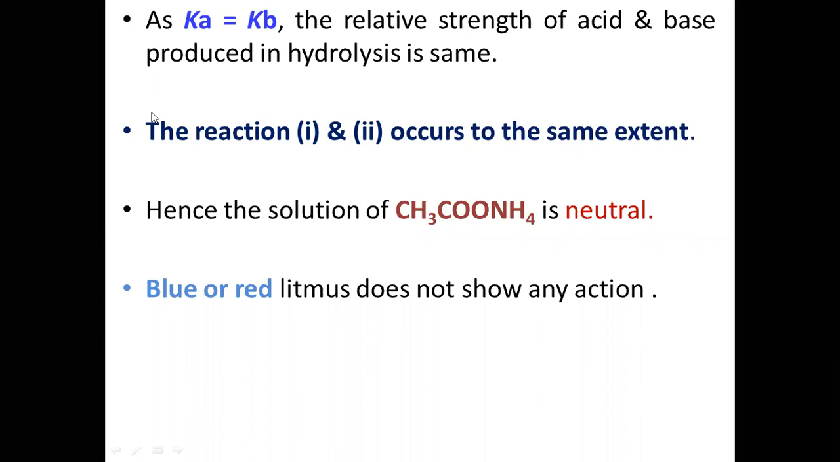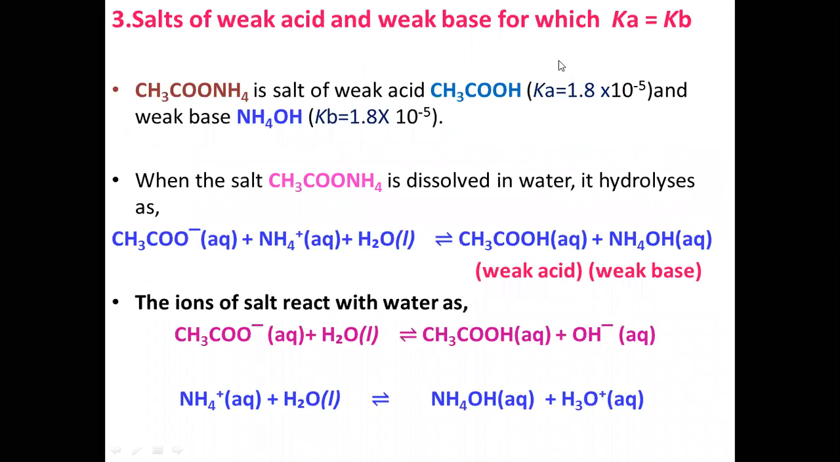So if you use blue or red litmus, any litmus paper, there is no action on litmus paper because the solution is neutral in nature, in which case the value of Ka and the value of Kb are equal. Understood? So